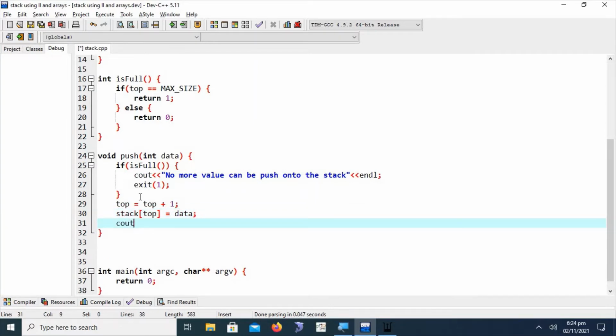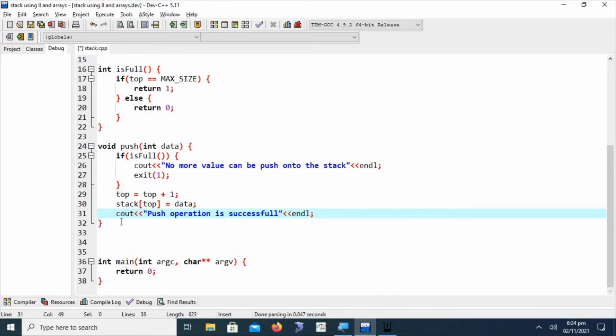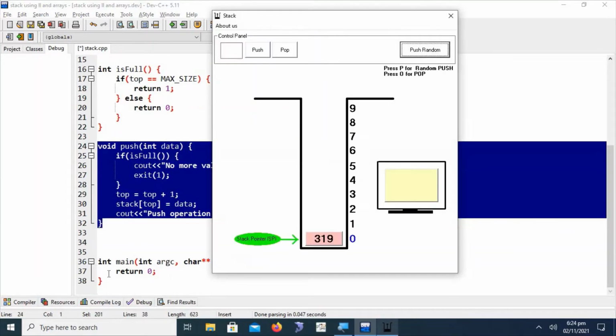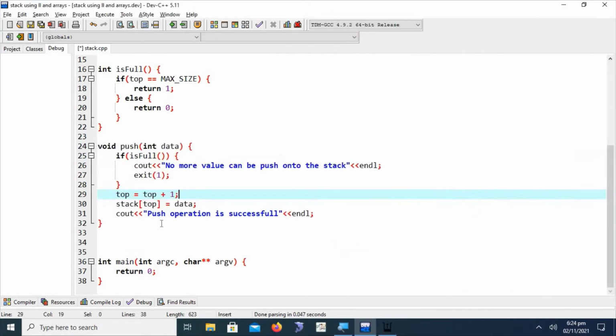We can display a simple message, push operation is successful, or any other message. Okay, this is the push operation method that we have already understood in the animation of the stack using array.